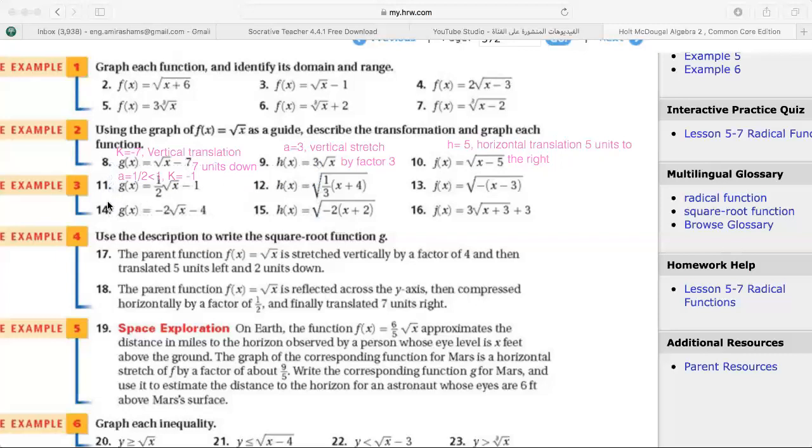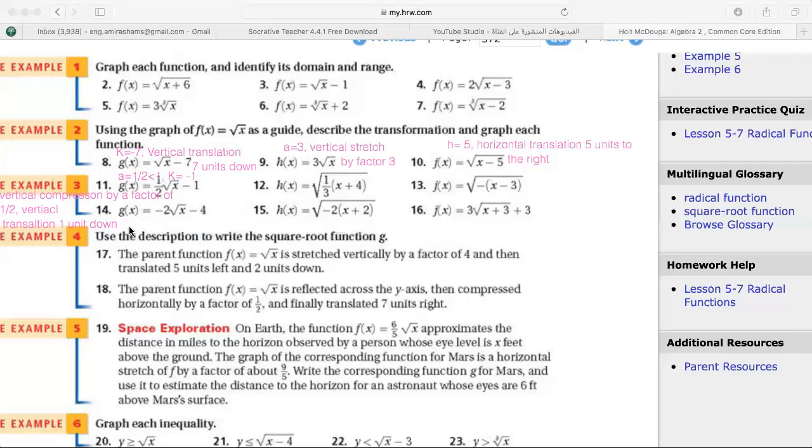So the transformation here is vertical compression, because a is less than 1, by a factor of half, and it is also a vertical translation 1 unit down. You should see it well here. Okay,